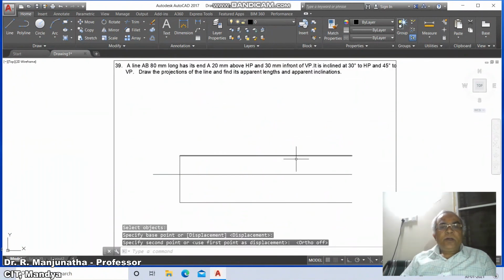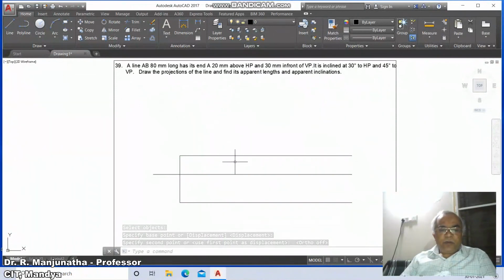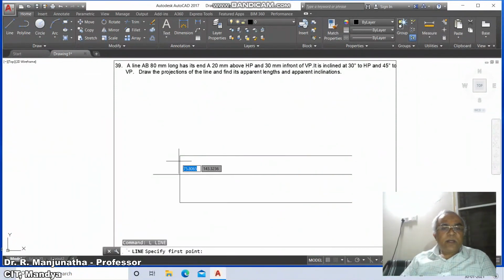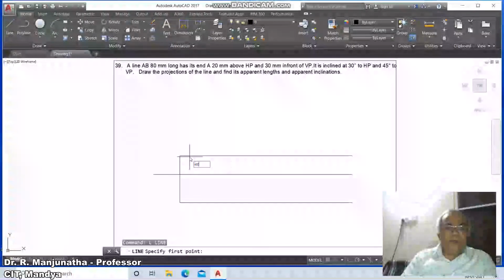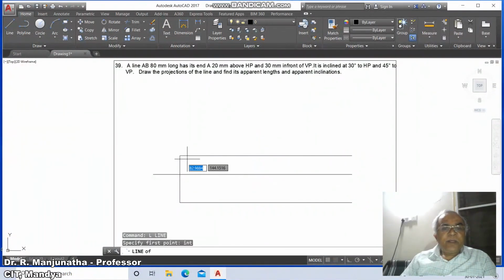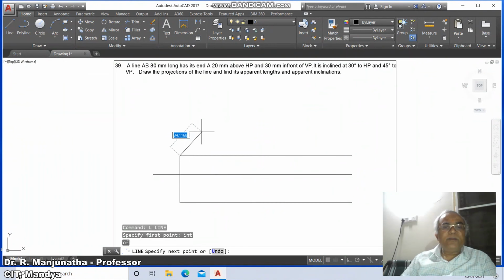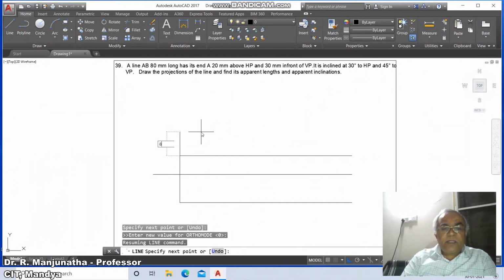So now here, since the true length of the line is 80 mm, so I'll go for a line command and draw a line from the intersection of these two. Since these two lines are intersecting, you type INT and press enter key and take the cursor onto that intersection point and click on the first button of the mouse, and then type at the rate, use the relative polar system, type 80 mm less than 30 degrees to HP.